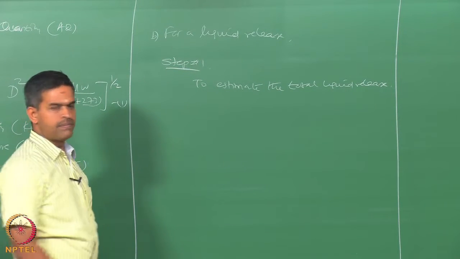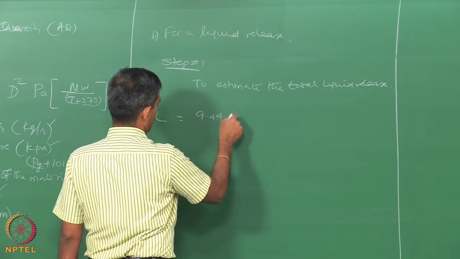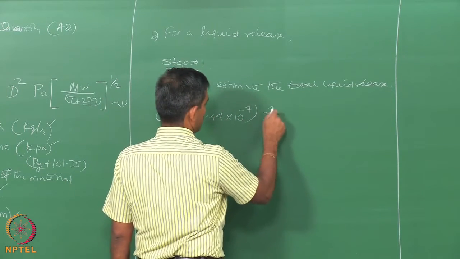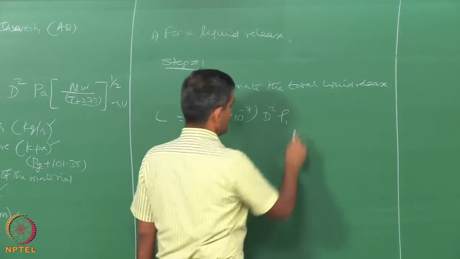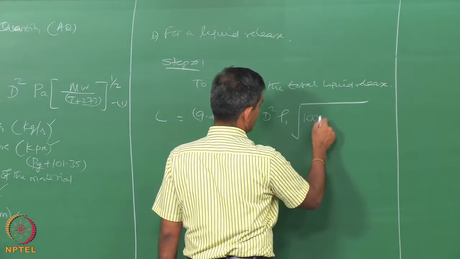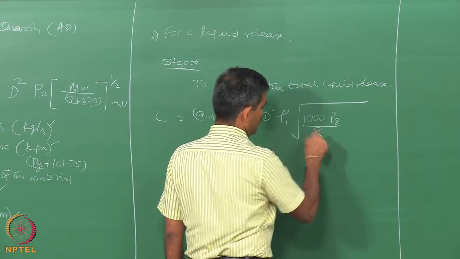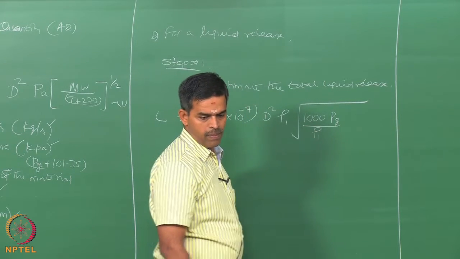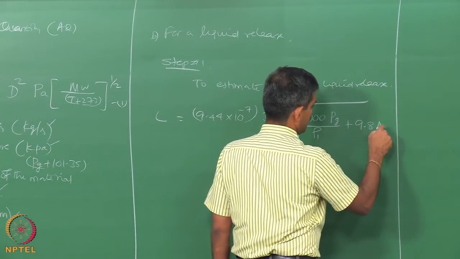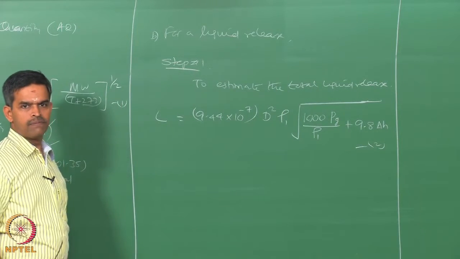Which can be given by L is equal to 9.44 × 10 power minus 7 × d square × rho 1 × square root of (1000 gauge pressure by rho 1 plus 9.8 delta H), equation 2, where